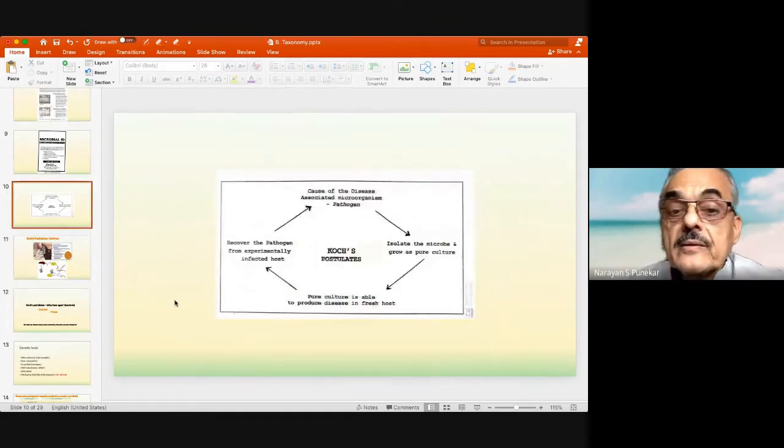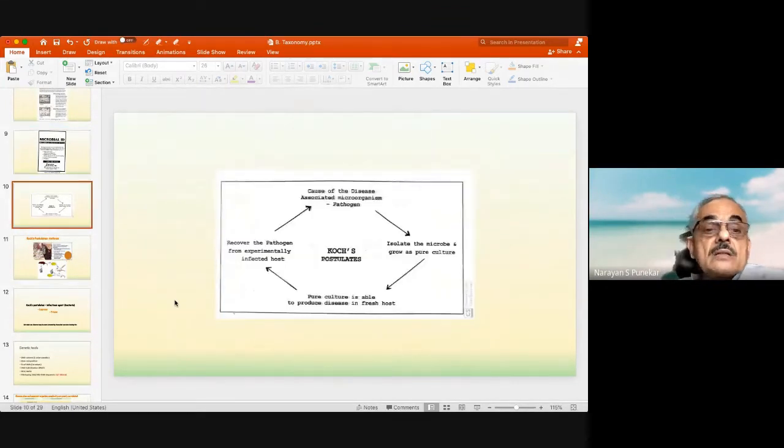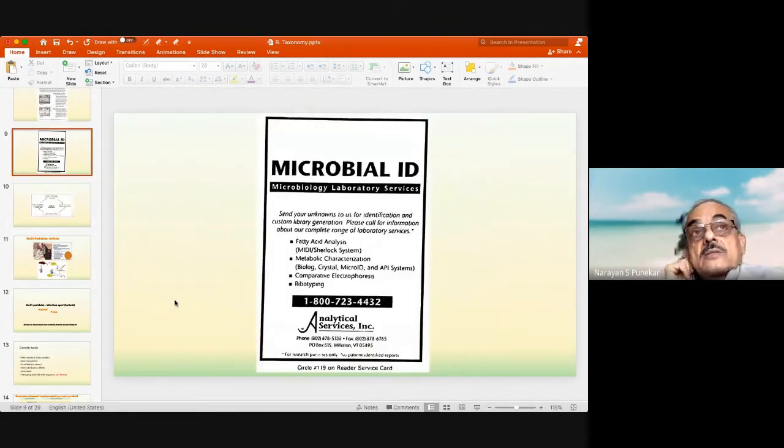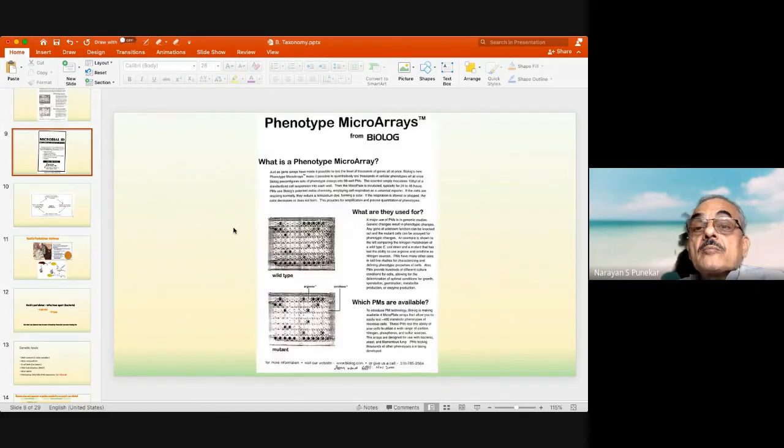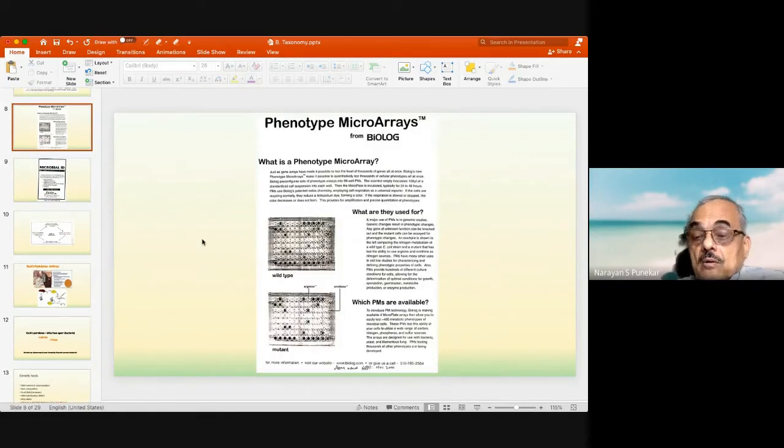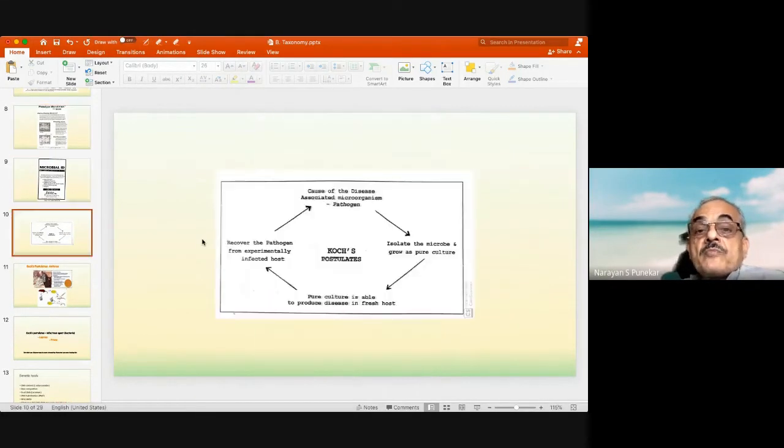So we'll go back to that, okay? So these are different tools available for us today. There's something called Biolog, something called Microbial ID, something called Phenotypic Microarray from Biolog. So many of these are available, okay? Plus also you can see whether the organism is pathogenic, or a disease-causing organism, the typical Koch's